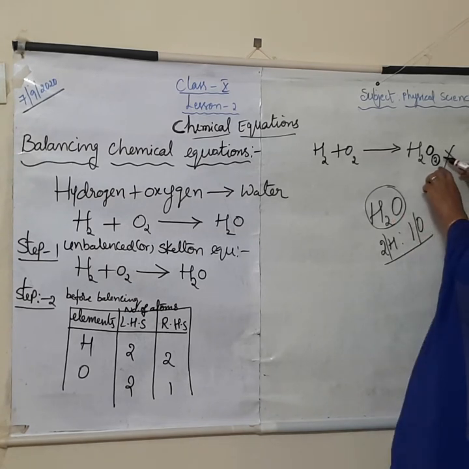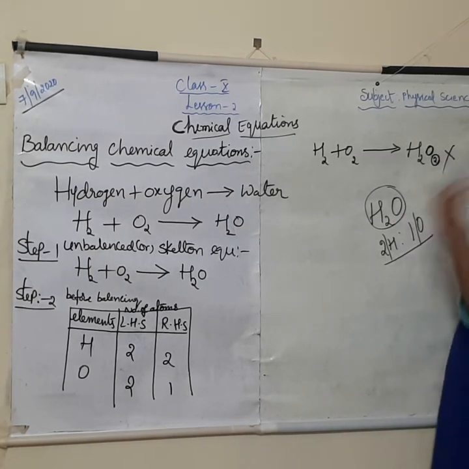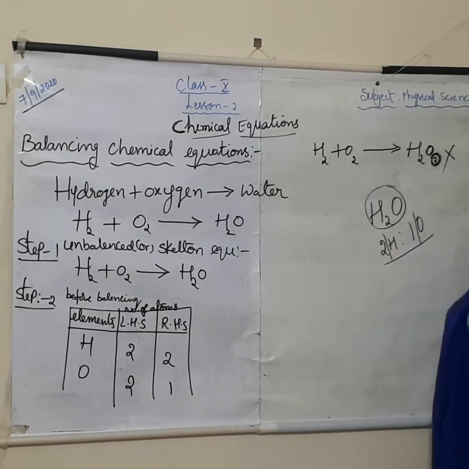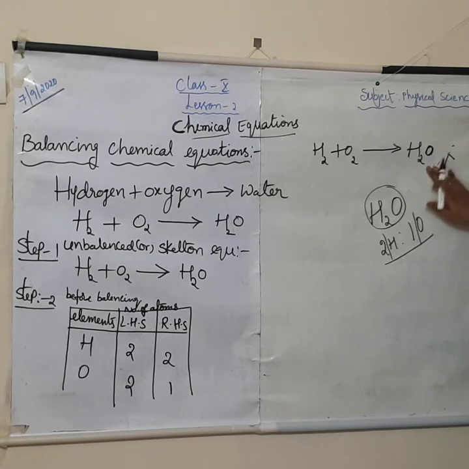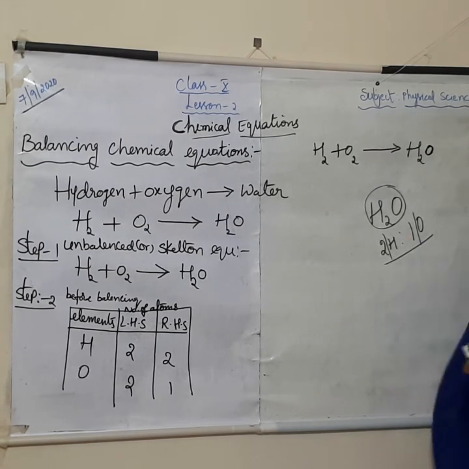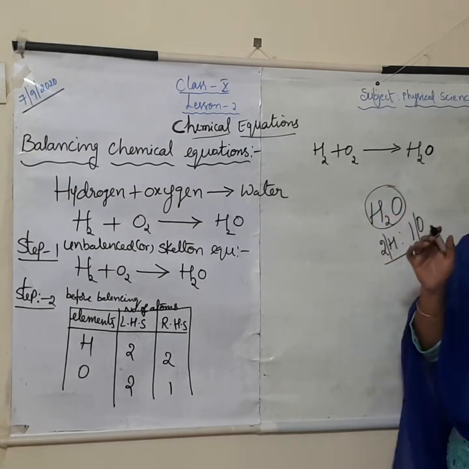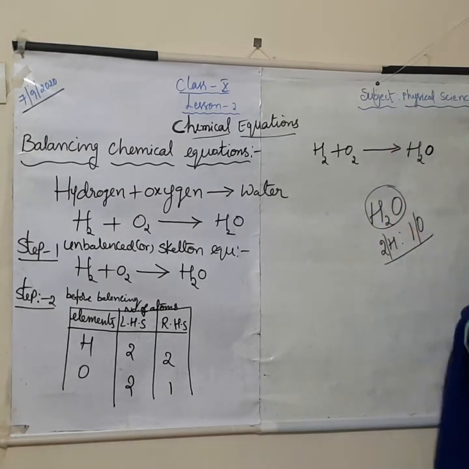So when you are balancing the equation and writing the number, you should not represent it in the subscript part. When you represent it there, you are changing the ratio, and we should not change the ratio. So instead of this, whatever number you are multiplying to that particular atom, you must write it as the coefficient of that compound.